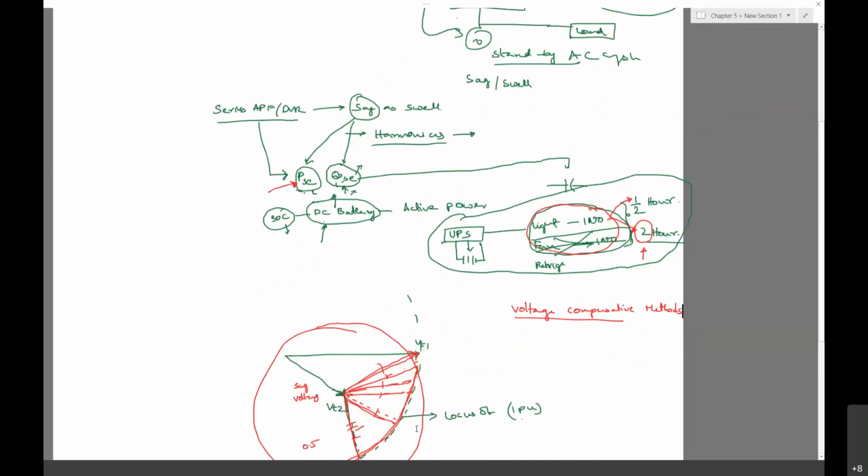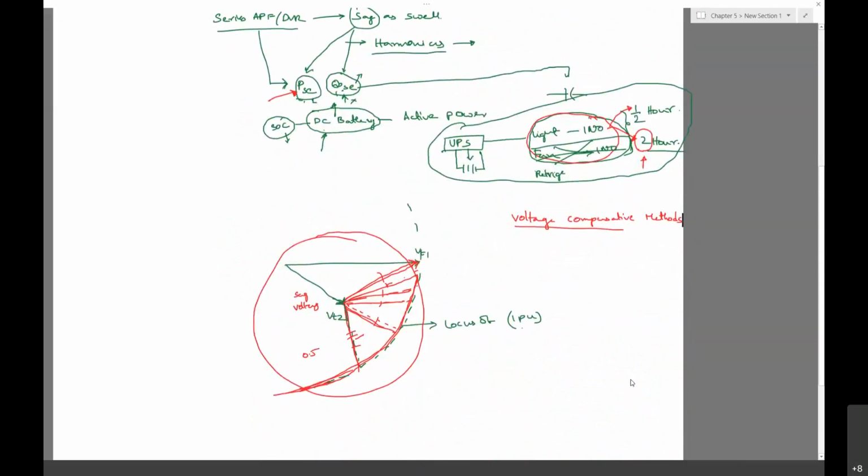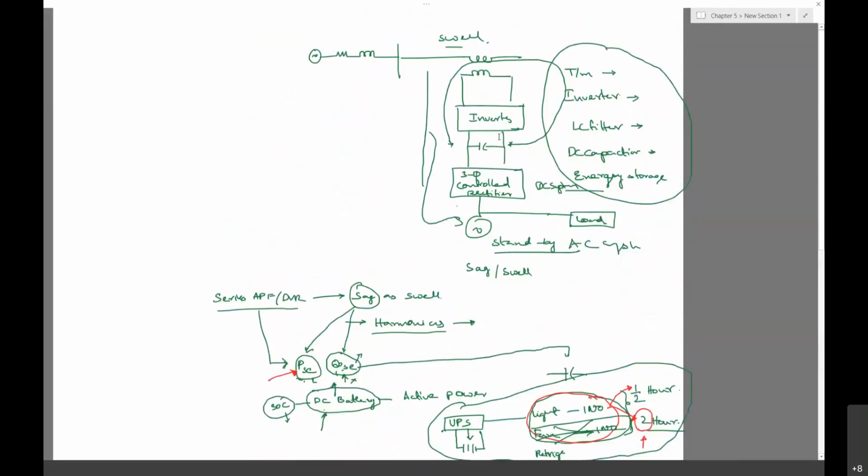In the last class, we discussed the components required for voltage compensation, based upon voltage quality improvement, especially related to the voltage sag. And then we have seen about the cell condition also. In the cell condition, we are required to take the power flow from the grid to the battery.